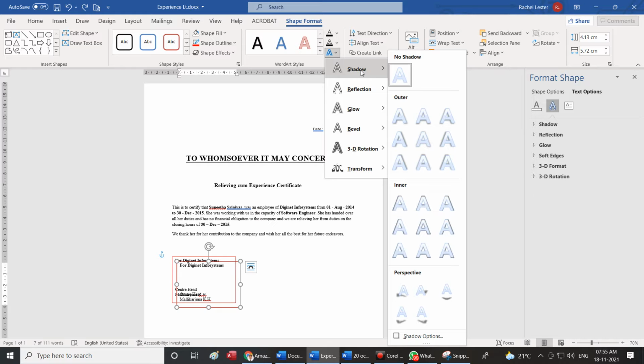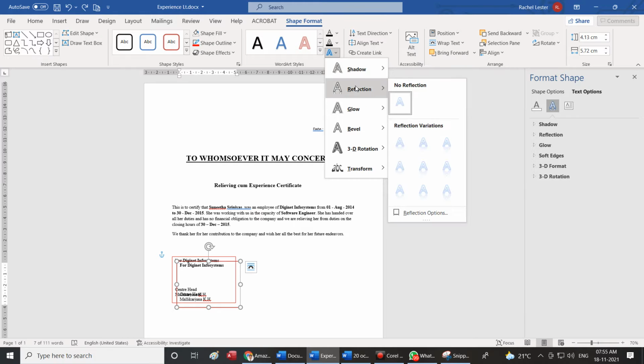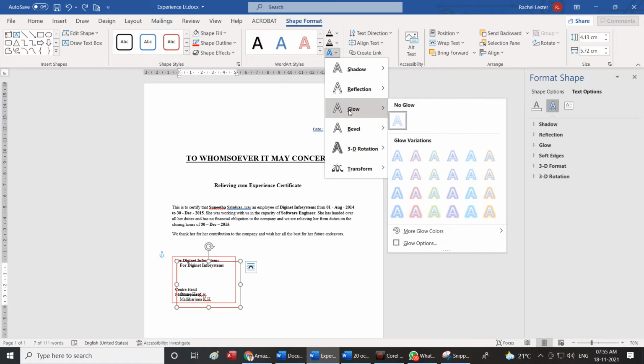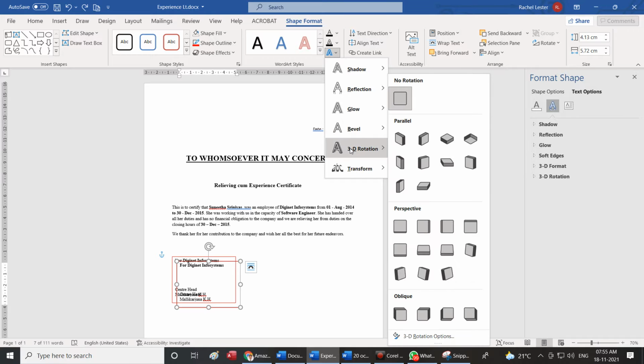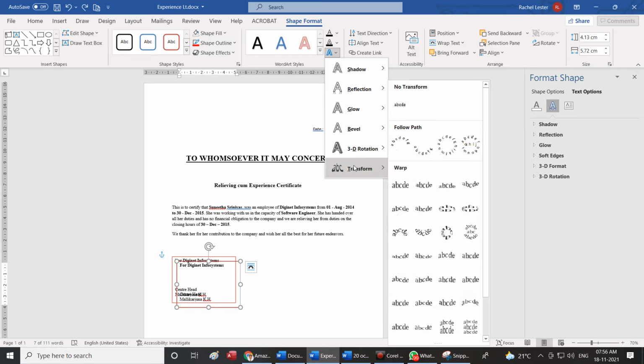Shadow, 2. Reflection, 3. Glow, 4. Bevel, 5. 3D rotation, 6. Transform.